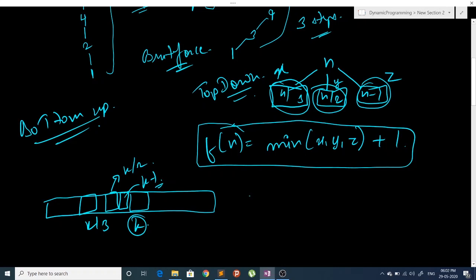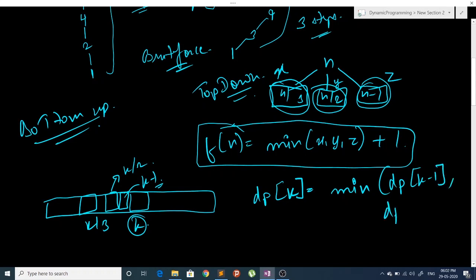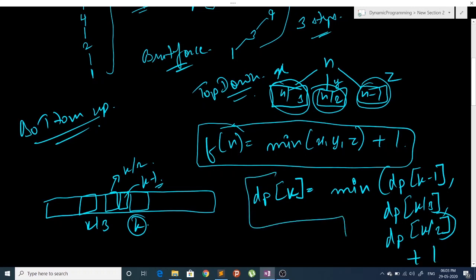So our DP of k will be minimum of DP of k minus 1, DP of k by 3 and DP of k by 2, plus 1. So this is our DP solution. This is the bottom up approach, and we have already discussed the top down approach.